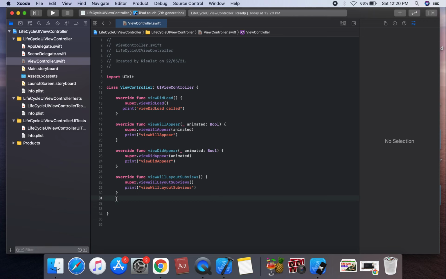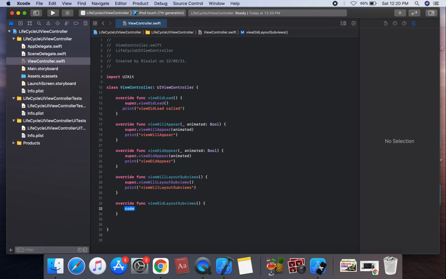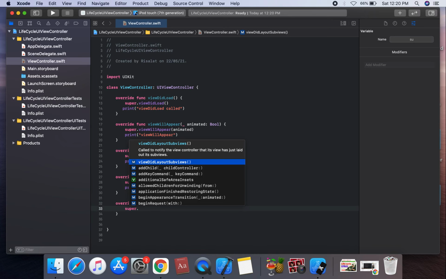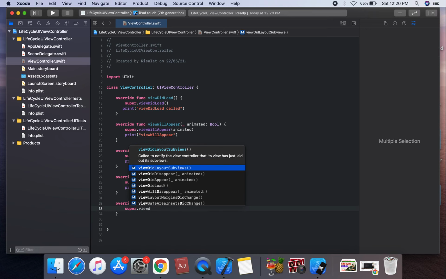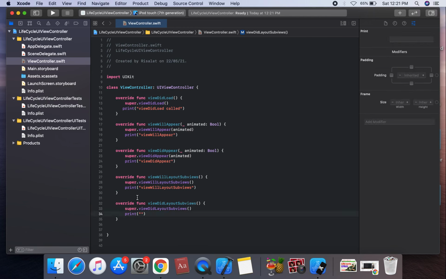Another call is viewDidLayoutSubviews. You should call super.viewDidLayoutSubviews, and we can create a print statement. When viewDidLayoutSubviews is called, this method is called after the view controller has adjusted its subviews following a change in its bounds.